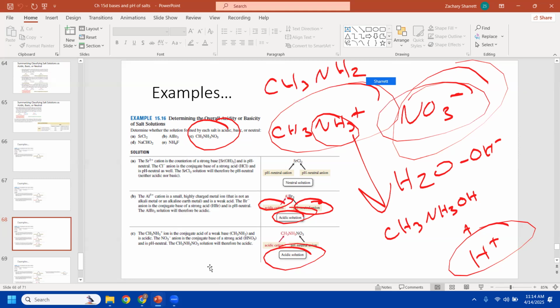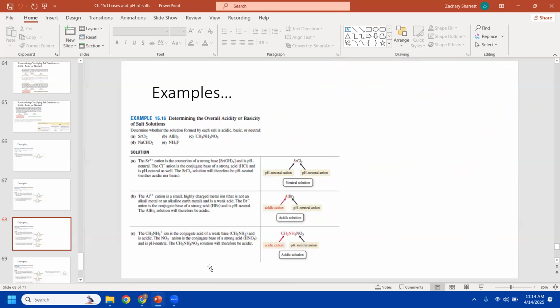CH3NH2 is a weak base, and when it adds a proton, it becomes the conjugate acid. So the fact that it's a conjugate acid should also lead us to believe that it's probably going to be an acidic solution. Okay, let's look at this next one,